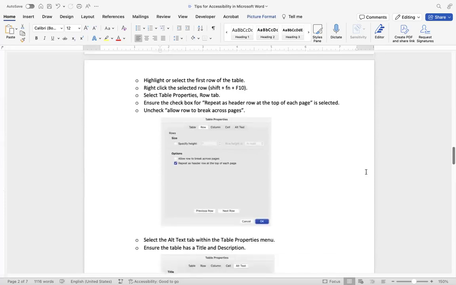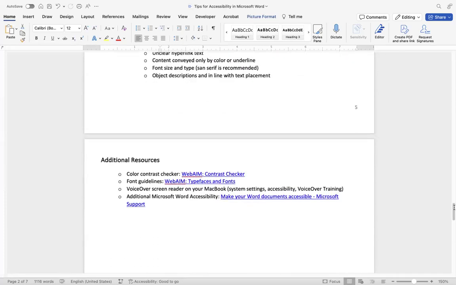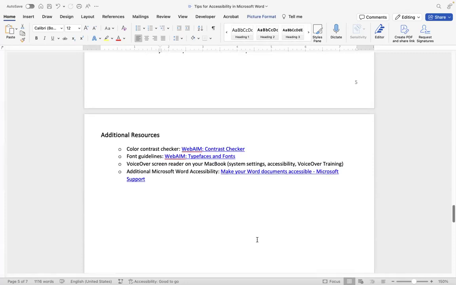So I'm going to scroll down to additional resources because this is where I feature some of my descriptive links. So I have, as mentioned, WebAIM contrast checker. How this currently appears is it is in a different color. It is in a blue colored font and it is underlined. It is very important that when you are including website links that you use a different yet contrast accessible color so that they stand out, and that is a good time to use the underline, which a lot of times when you enter a web link into a document, it is going to automatically underline it and automatically change its color.